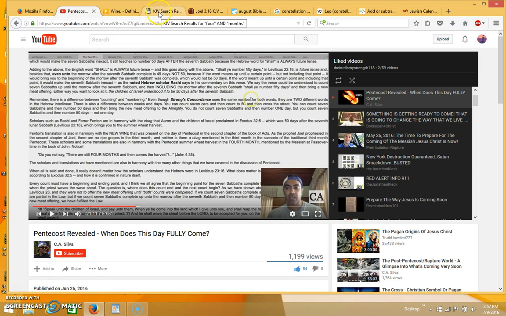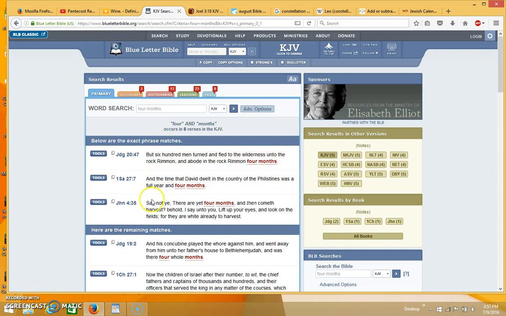But then four months later would be the summer harvest, which would line up with what might be the true count for Pentecost, and that would be four months later during the summer months, and that would be the main wheat harvest for the year,